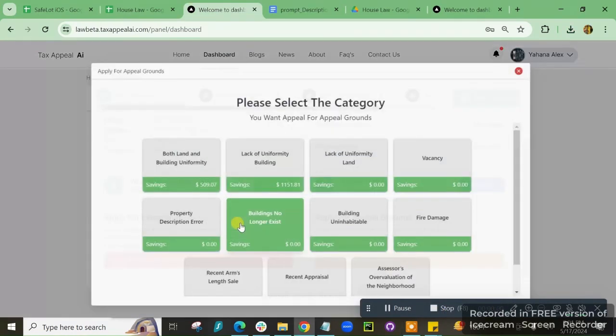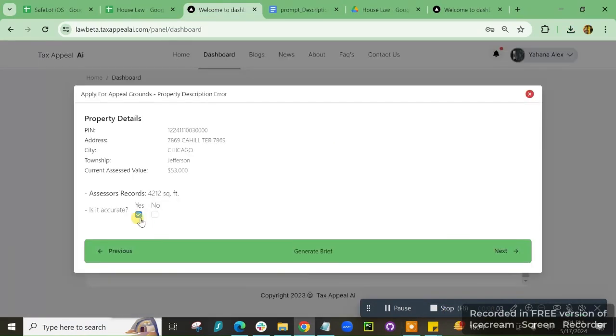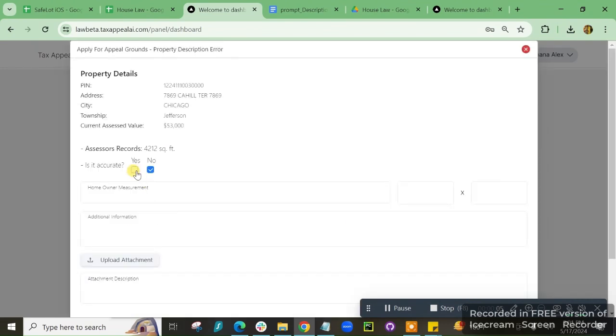Now again, click on the Start Application, select the Property Description Error category, click on the No button, No toggle, and here you can submit or update the form. You can enter the homeowner's management details. You can add any additional information, just like how we're adding over here. You can upload an attachment